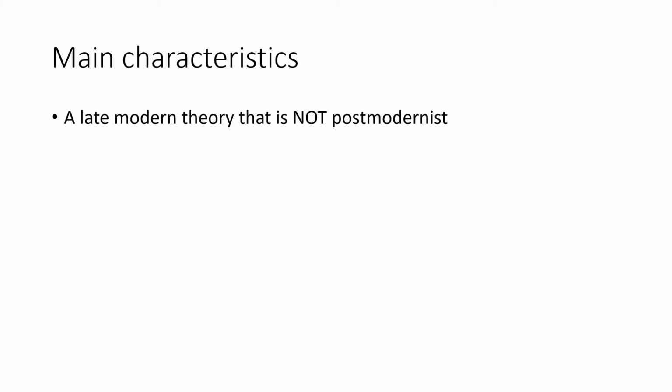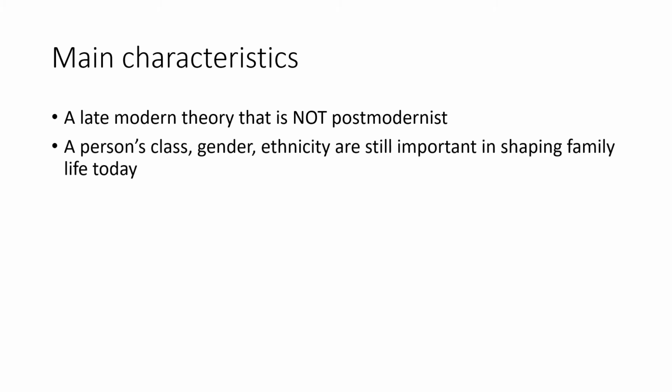So we can still say we're in the modern era, we're just coming towards the end of it. We're in the late modern era. So things are a bit different. There have been changes, but it's not as much as postmodernists suggest. So postmodernists say that in the 80s we've got this massive change, so we can no longer say we're in the modern era, we're now in the postmodern era. But there are some sociologists who argue things haven't changed that much, we're still in modernity, but it's just late modernity. Hope that makes sense. Send me an email if it doesn't.